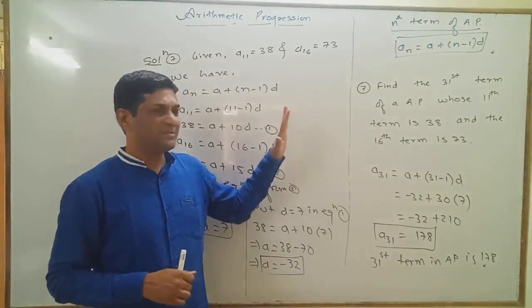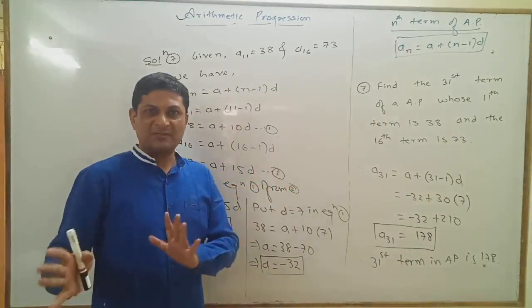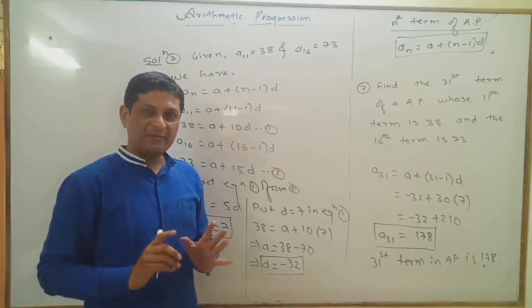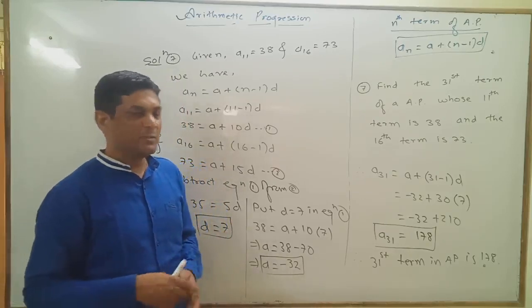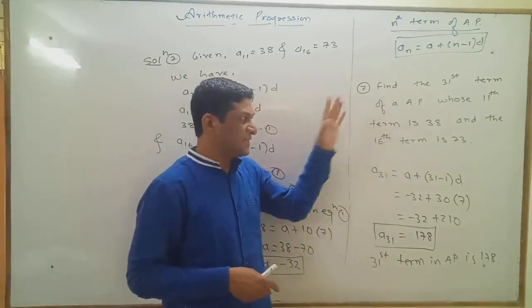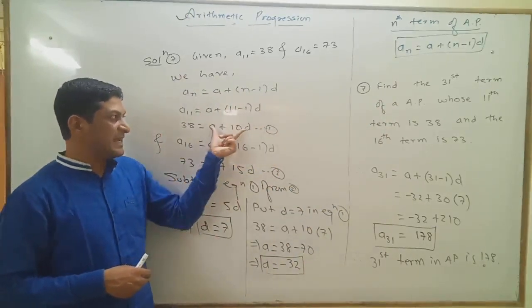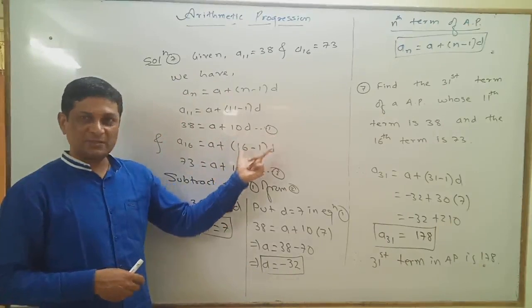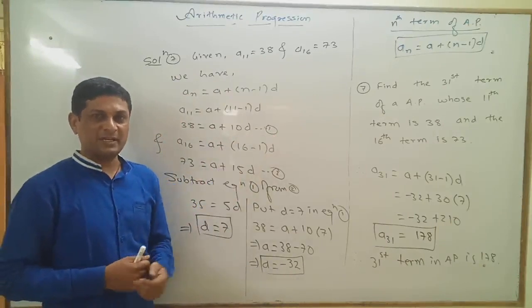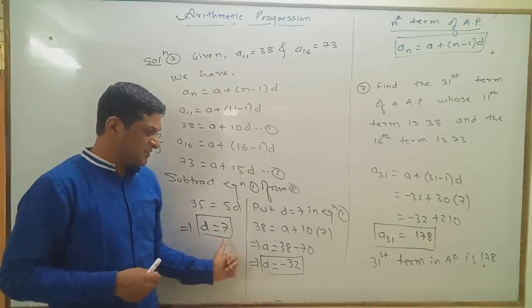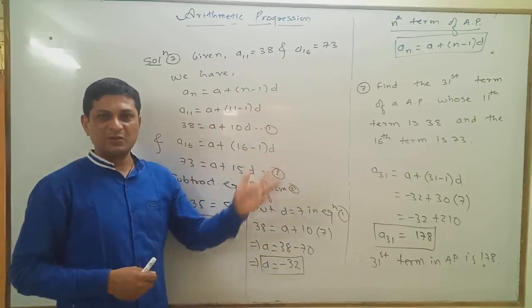So I hope the idea about how to find the required term is clear. Again see, hereafter we will solve only one example from the remaining examples, but in every example or in most examples, using the given condition, you will get two equations in terms of A and D. Denote the first equation by equation first, then the second by equation second. Solve these two equations and find A and D. Once A and D are known to us, you are able to find your required value.